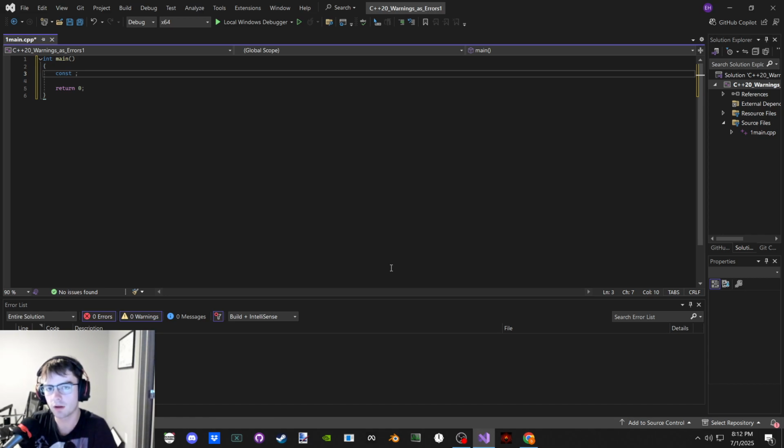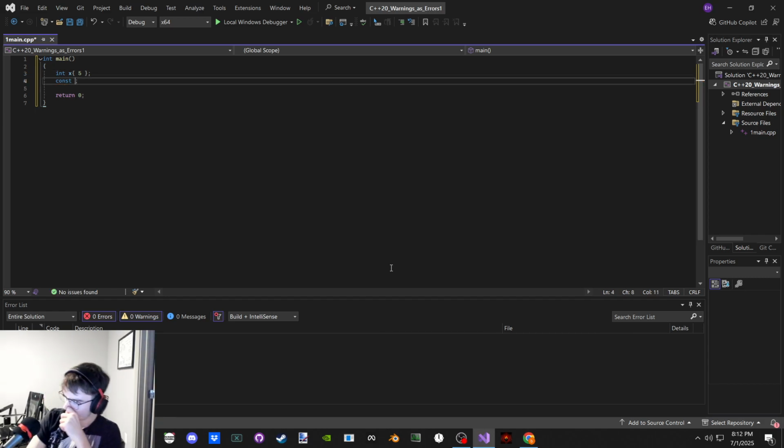So const a pointer to a what? Let's say a temporary pointer to, does this work? A temporary pointer means it needs an address of something real. I think I need an integer. Well, let's see.